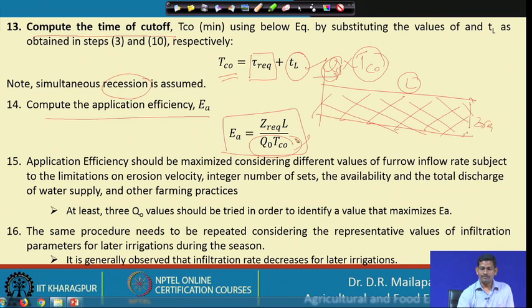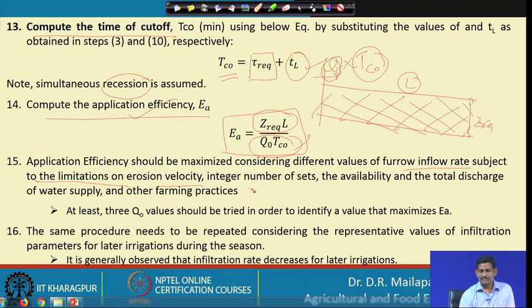Out of this total volume, this much is really applied or stored in the root zone. So, this is the application efficiency. Okay. And then application efficiency should be maximized considering the different values of furrow inflow rate subject to the limitation